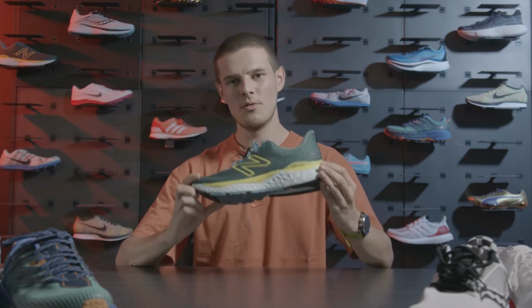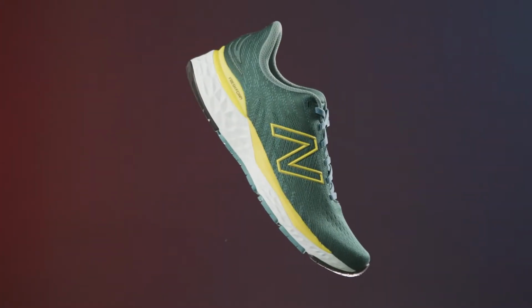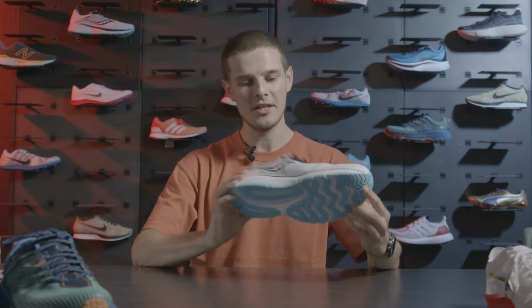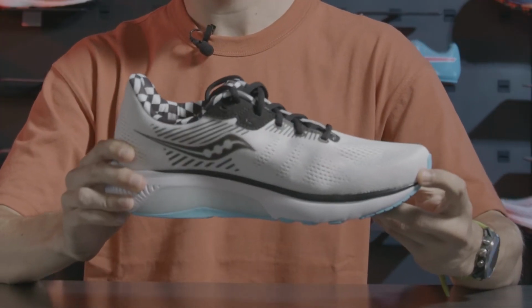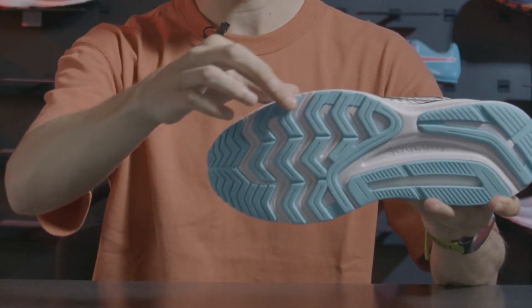stable. As a result, most modern day running shoes will have some kind of angle around the heel there just to aid with this smooth process. Where this can become a problem is if that movement becomes too significant, and that can be best described as overpronation. In that case, runners may opt for a stability shoe like the one that I have here, the Saucony Guide 14. And with a shoe like this, the density of the foam will usually be the same around the